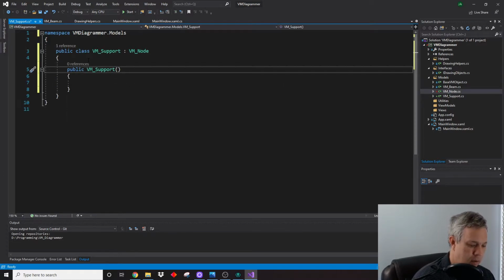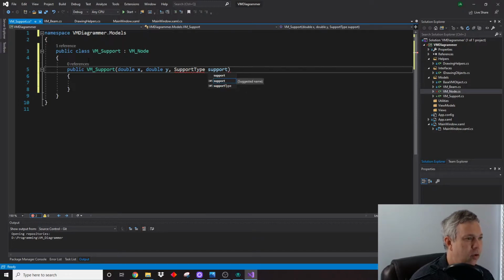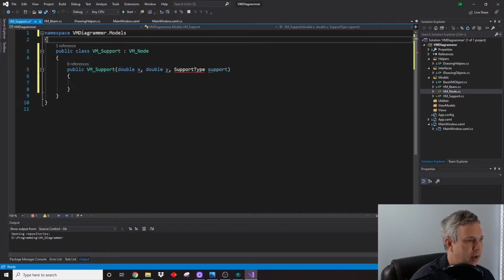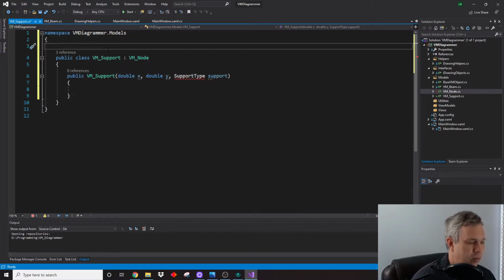Then we can put our constructor in here. What we're going to want is a double X and a double Y. Those are our insertion points. And then we're going to create an enum that we're going to call a support type. Now it's saying, hey, I don't know what that is, because we've got lots of different types of supports in here, and I think an enum will help us override some general functionality. So let's do a public